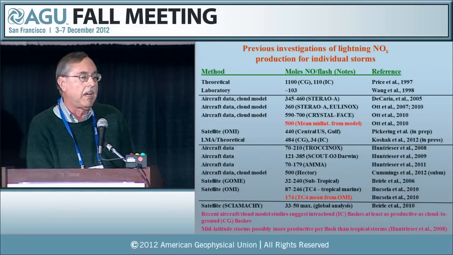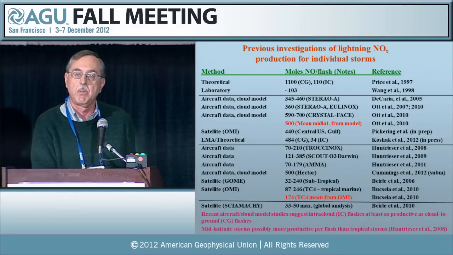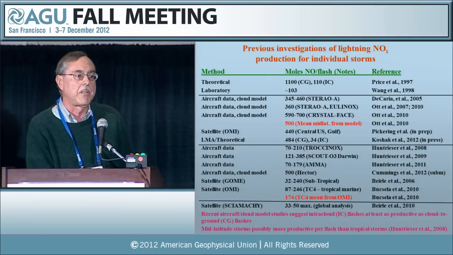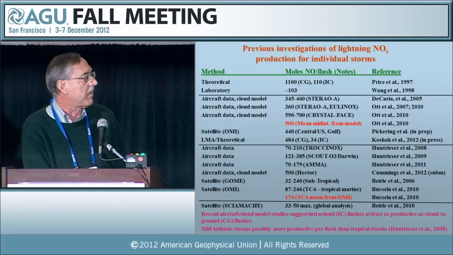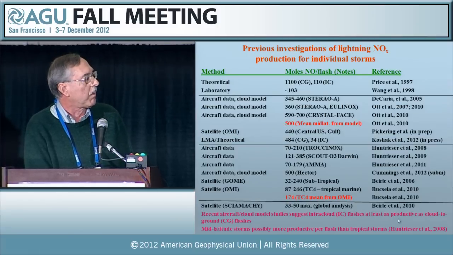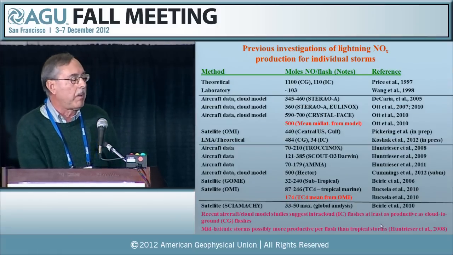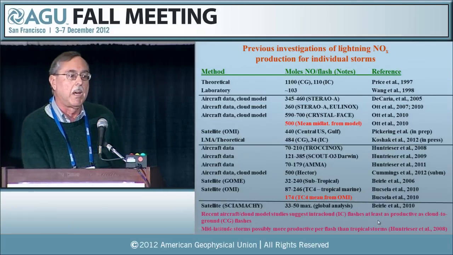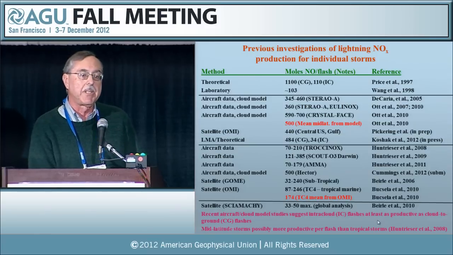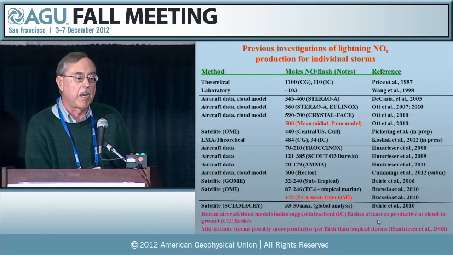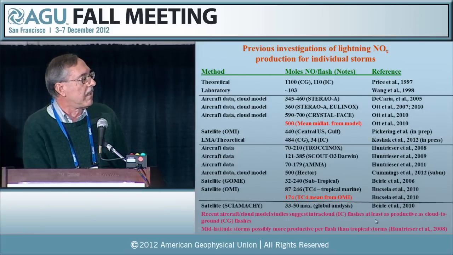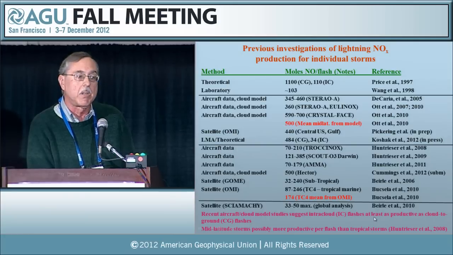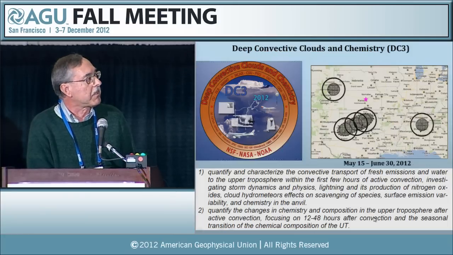So in general, tropical flashes have seemed to produce less NOx per flash than mid-latitude, and this has been hypothesized by some of the work by Heidi Huntrieser from DLR in Germany. And this may be related to the possibility of longer flashes in the mid-latitudes compared with the tropics. And this needs a lot more work, of course, to really determine if this is the real reason.